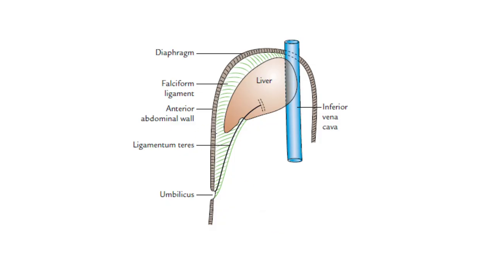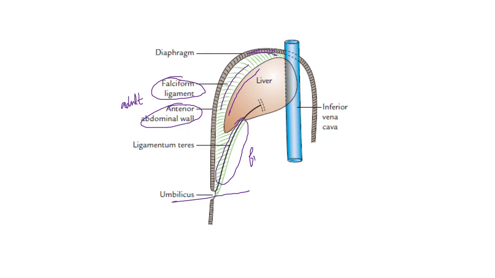Now looking at the next picture, here we can see the adult falciform ligament that is suspending the liver, attaching the anterior superior surface of the liver to the anterior abdominal wall up to the level of the umbilicus, and also to the diaphragm. So this is your falciform ligament, and this is the free edge of the falciform ligament. You can say it is the inferior edge, or the free edge, which has a rounded structure,